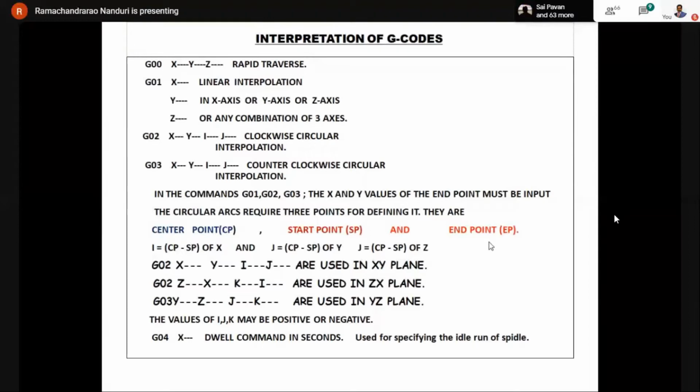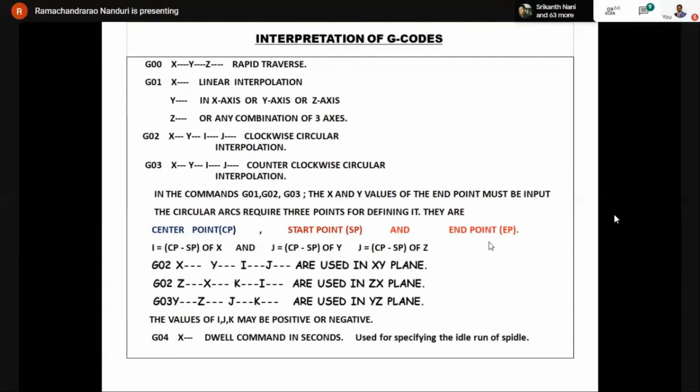So, if we do not specify the feed at the end of the line during linear interpolation, the cutting action of the tool will take place in rapid motion, and it results in a very undesired effect on the workpiece or the tool or the machine itself.